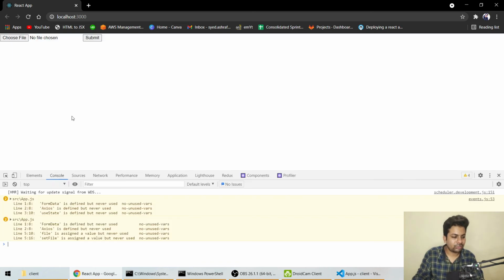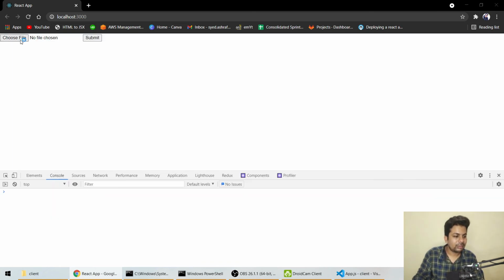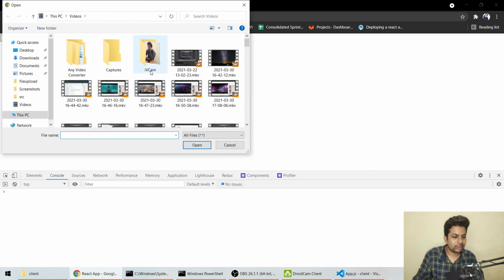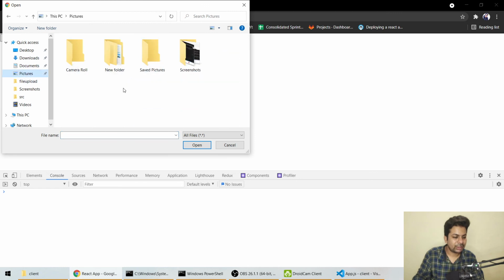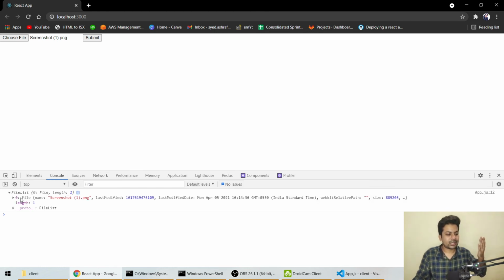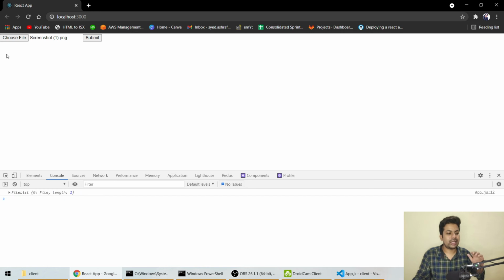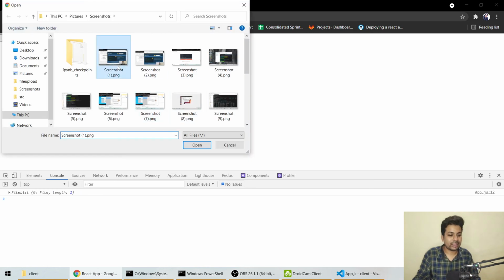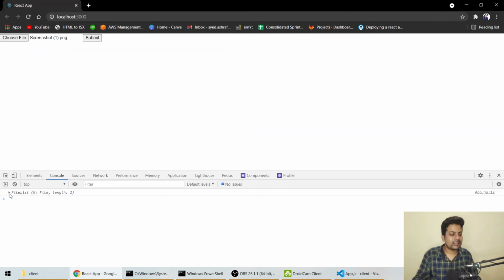Inspect the console, everything's fine. Choosing a file like a normal picture or screenshot. See, it's sending an array, like a file list. If I select two, I don't know if I can or not. Yeah, no, I think I can select only one. It's an array, so we have to select the first index.